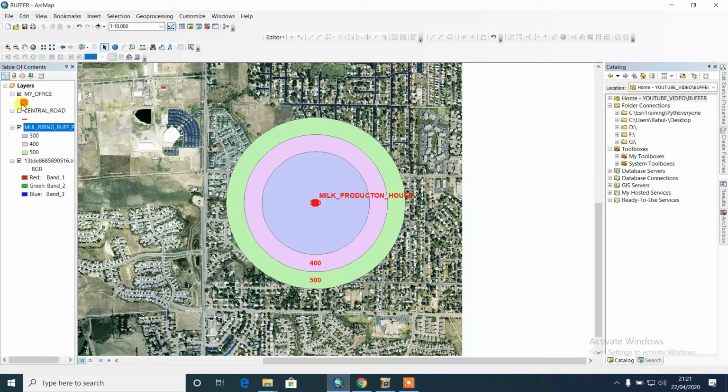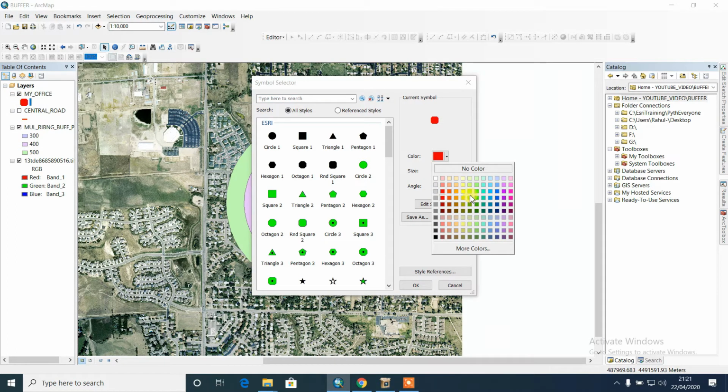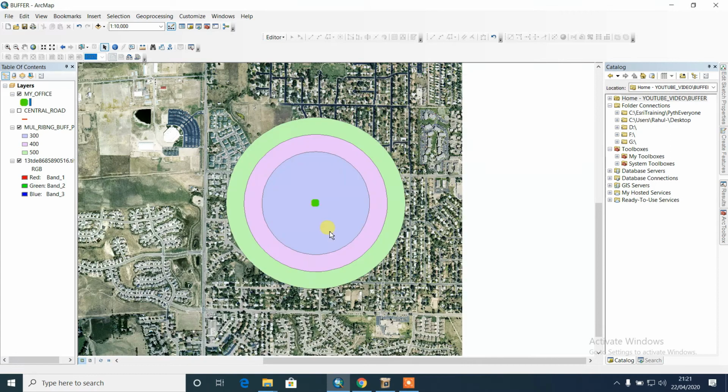This is the location of the milk house. Just change the color; green will be good. This is the milk outlet location. So for that guy it will be good to understand how much area is covered by free delivery, which zone is covered with a 10% delivery charge, and which with a 20% delivery charge.